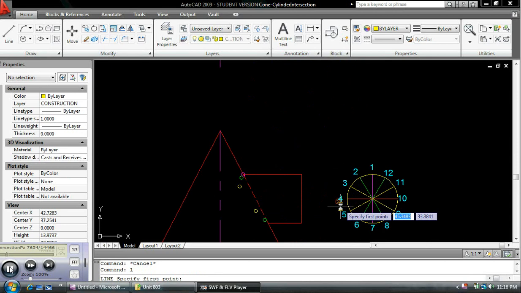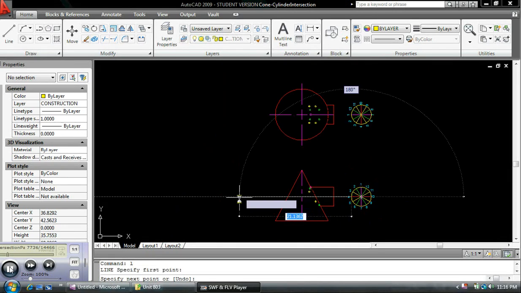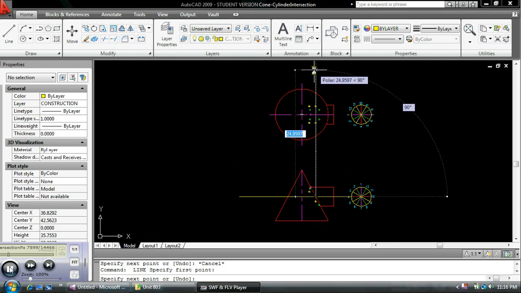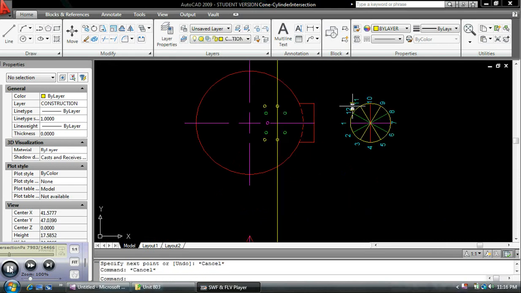So now we'll do the red. Project that up to the top view, and the red lines. Of course,